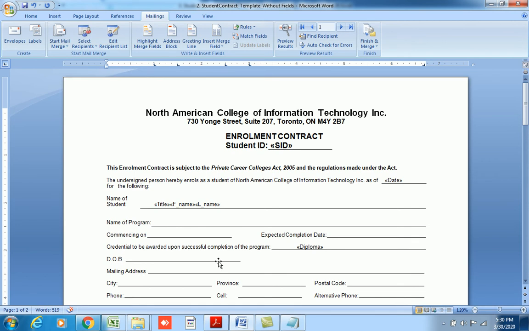And how we can see that: at any point when you have some of the fields already inserted here, you can go to this option, preview results, to see if your fields are actually fetching your data or not. If you click here, now you see the student ID is appearing, the date is appearing, and here you see the name.